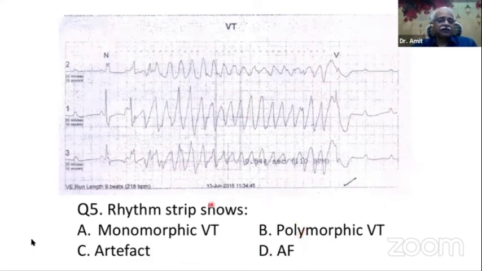So look at this ECG carefully, and then on the rhythm strip, tell us what you think is the correct answer. Try using your polling meter. We'll try to see whether it's working or not. And in the meantime, I'll start requesting Dr. Gupta to help us decipher each of the choices, what it's likely to be.